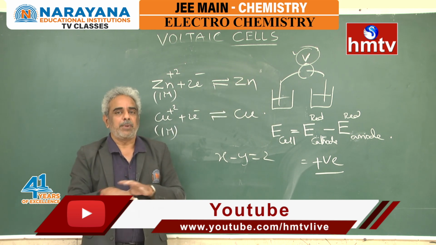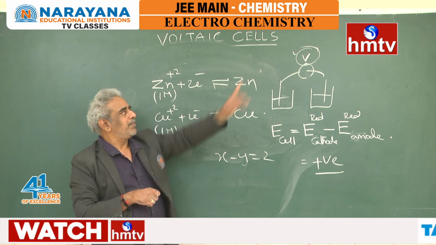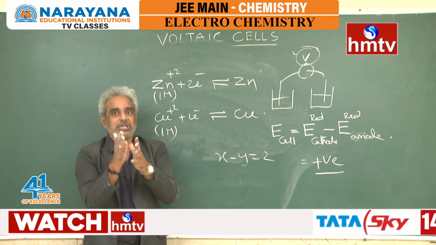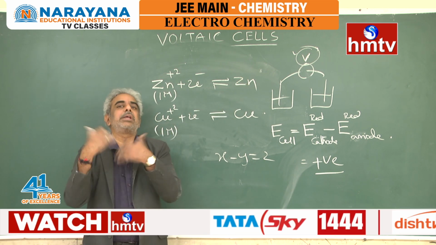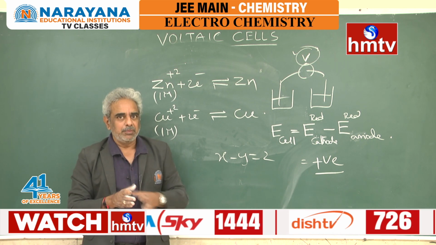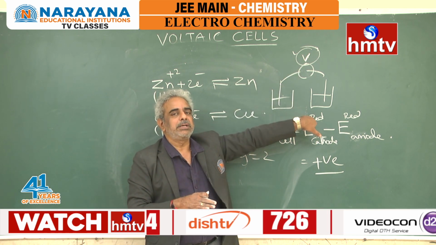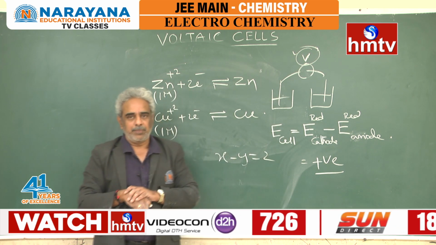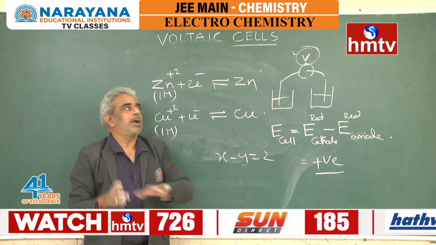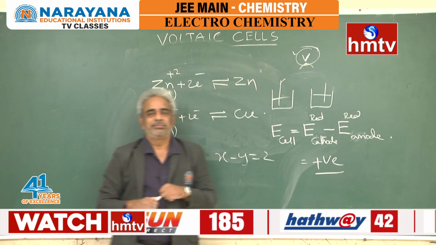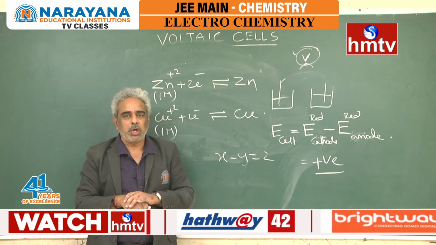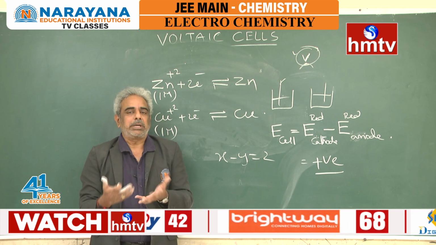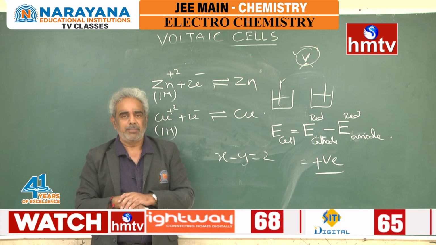How to measure that particular potential? We can only measure the difference in the potential. If you can understand the problem clearly, we can think of a solution. The problem is we can only get the difference between the potentials, but not the absolute potential of a particular electrode. And you cannot have a cell with a single electrode. There will not be a flow of electrons at all. So what to do? What is the solution for this particular problem?